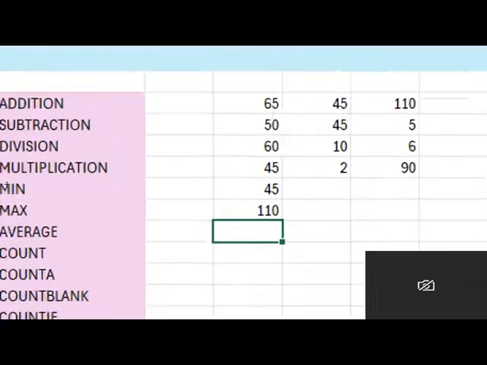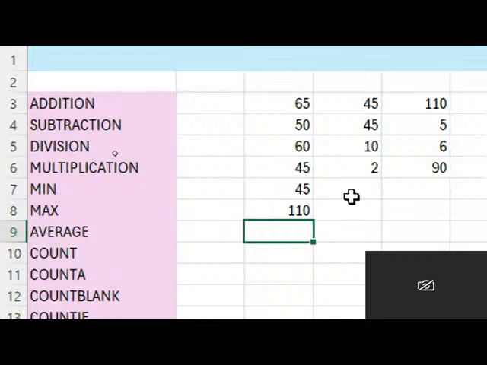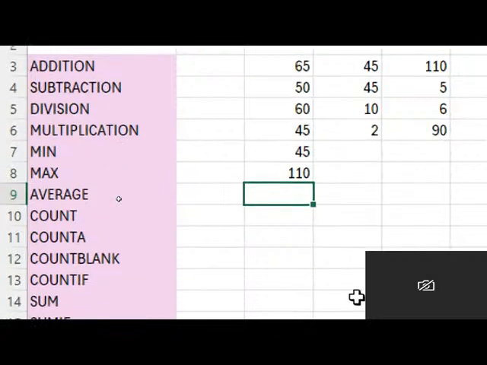All right. So this is for maximum, right? Then for average,